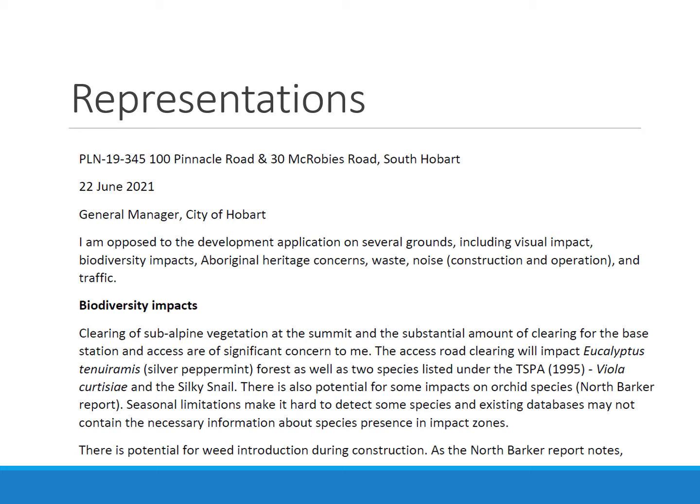because representations aren't votes. It's important that things are raised, but then each aspect where a development might not be fitting the rules just gets considered on its own merits, and it doesn't matter whether one person has raised it or 17,000 people have raised it. It gets considered and the rules are read and a recommendation is made.